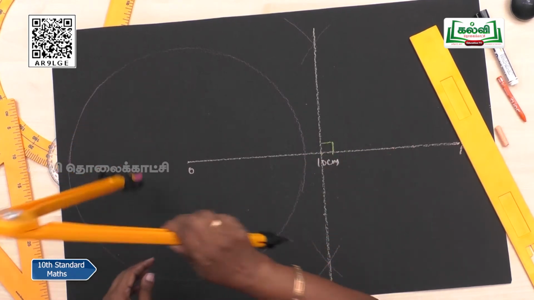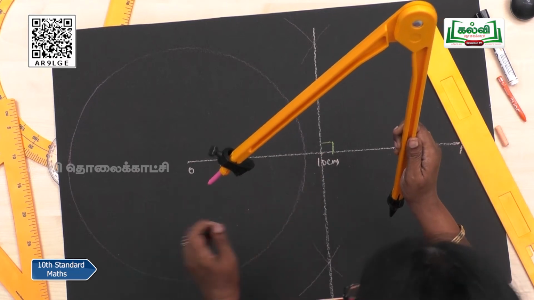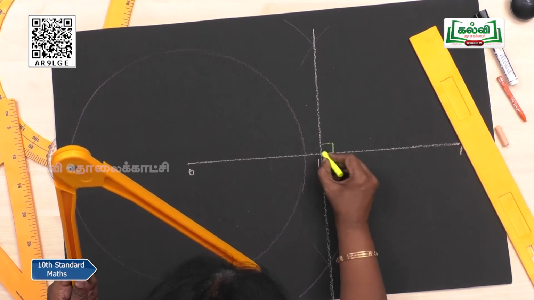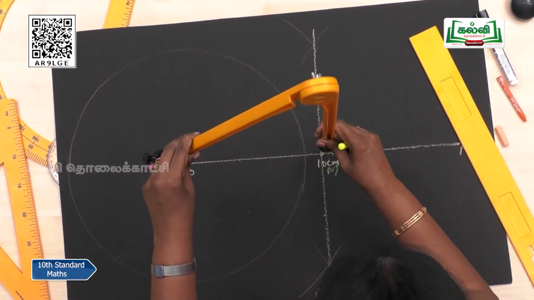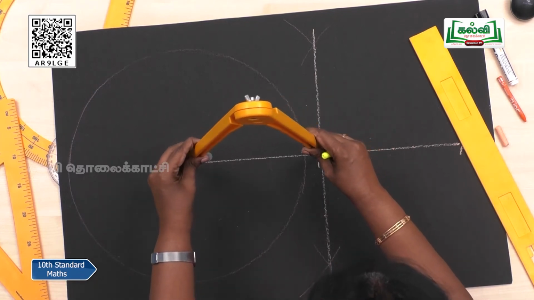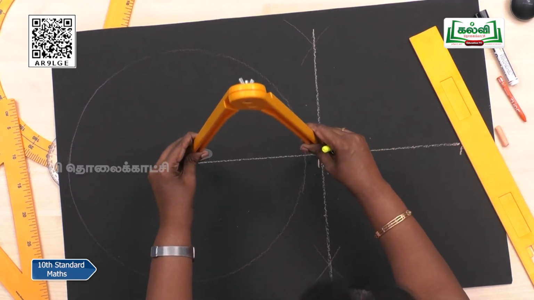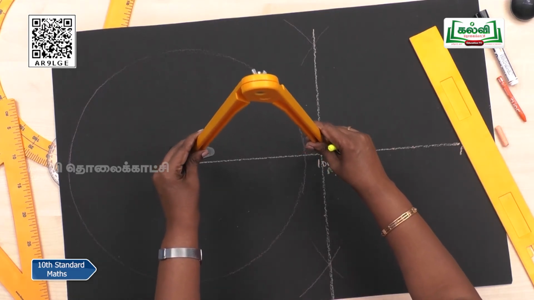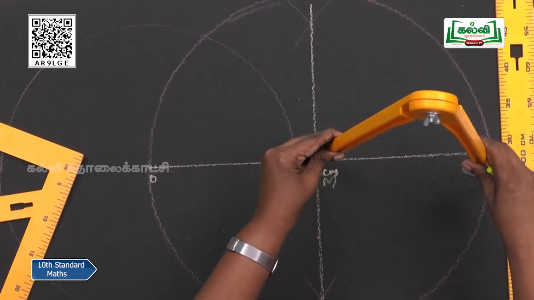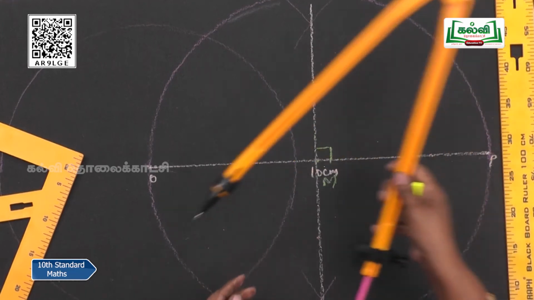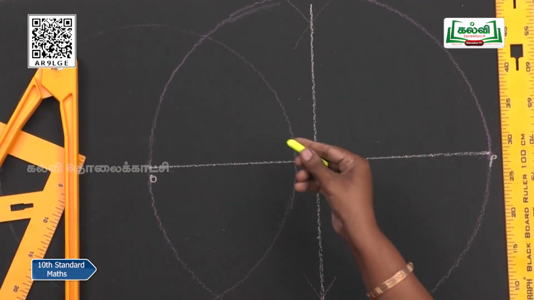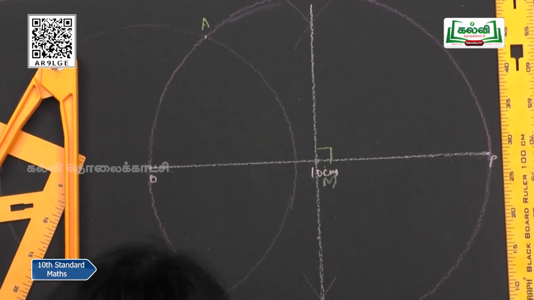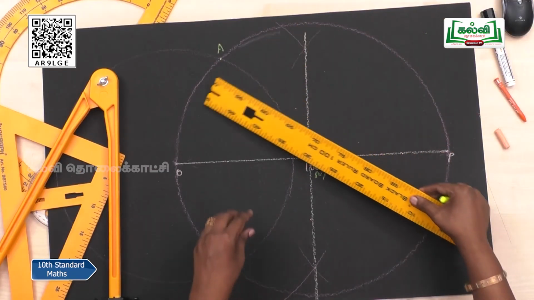Now, you are going to construct one more circle with this point as a center, and this is the radius. This you can mark as M also, this point as M. Now, keep M and O, this OM length as the radius, you have to draw a circle. Now, we have completed the circle. After completing the circle, both the circles will meet at the point. Here it is A and here B.